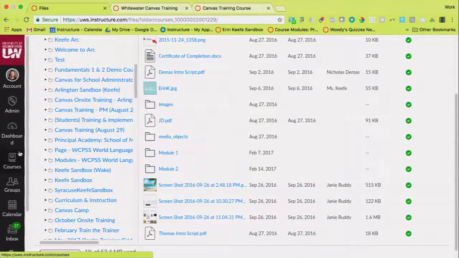Doesn't happen for students. Students don't have a limit. The only people who have a limit are instructors, and it's by course and just for the length of that course. And it's 1 gig. So if they have giant files, especially video files, we're just going to say that there's probably somewhere else they could be hosting them instead of using Canvas to host them. But we'll talk a little bit about that later.